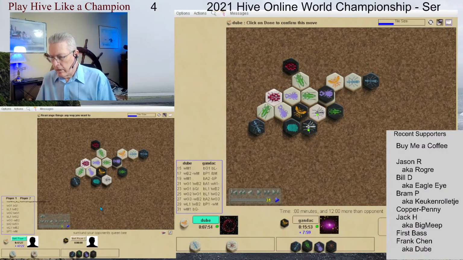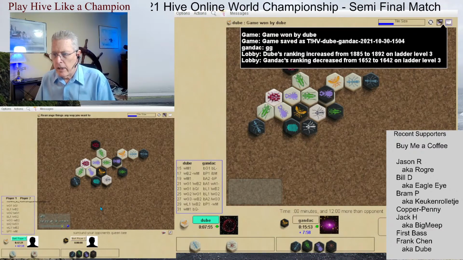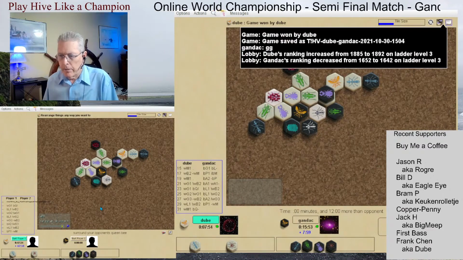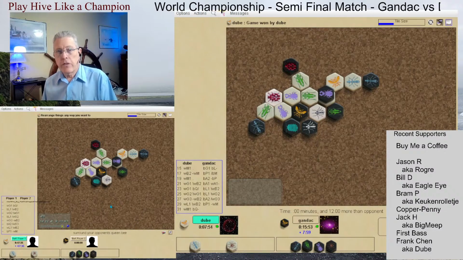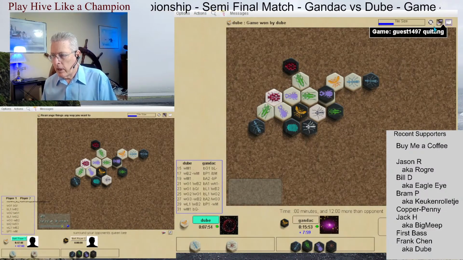So relatively quick one, only 22 minutes. A devastating attack by Dube. Congratulations, Frank. He's now ahead 3-1. This one went fairly quickly. Let's turn on the